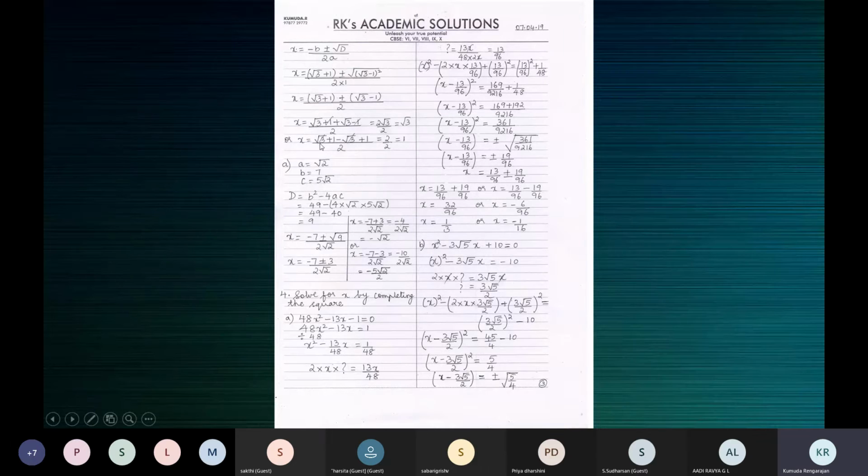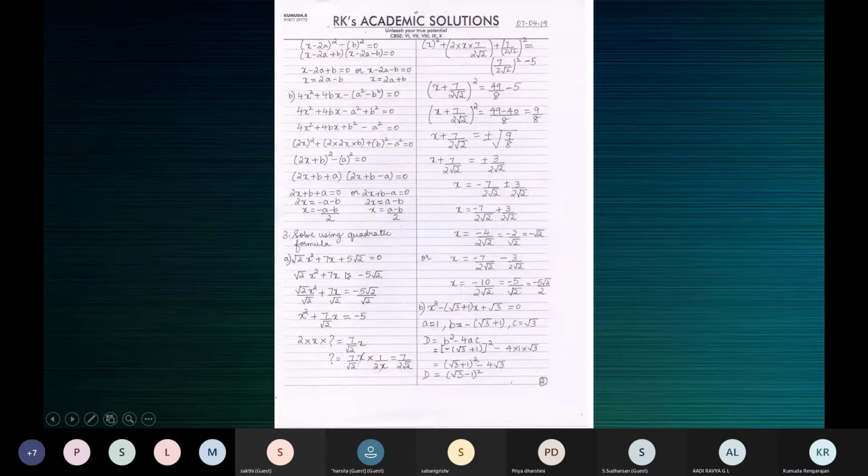See here you can see 3a. Because I've shared the material, children, I'm just trying to clarify, because you shouldn't be thinking that this is how we solve a quadratic. No, I've solved it here by completing the square. Then I realized, oh my God, the heading is quadratic formula. So I've solved it behind here.